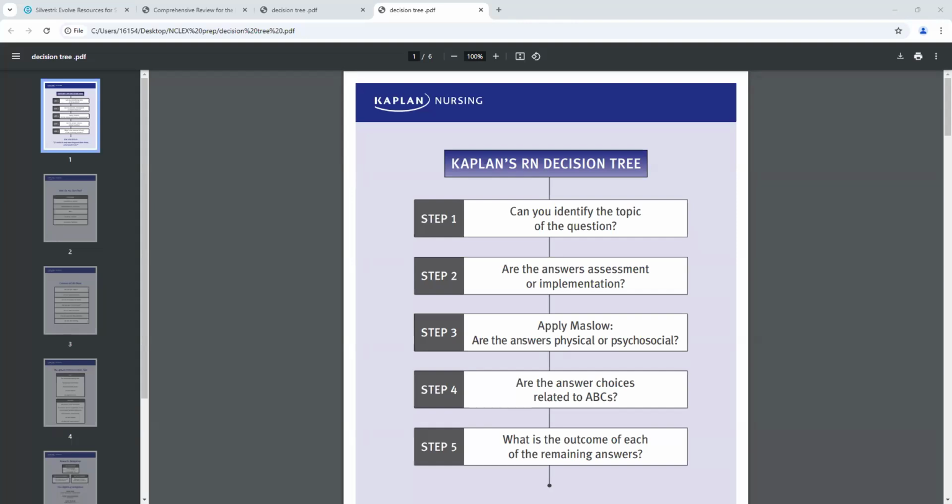Because they want to make sure that you are able to function as a nurse on the floor, being able to analyze material that you already know and apply material that you have learned, right? And evaluate that material. That takes time. Learning those skills takes a lot of time, but Kaplan's decision tree helps you break down those critical thinking skills, and is a really great tool for those priority